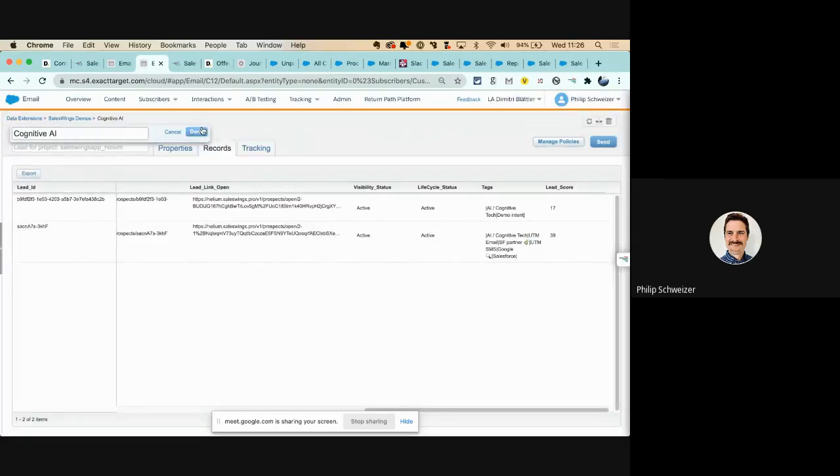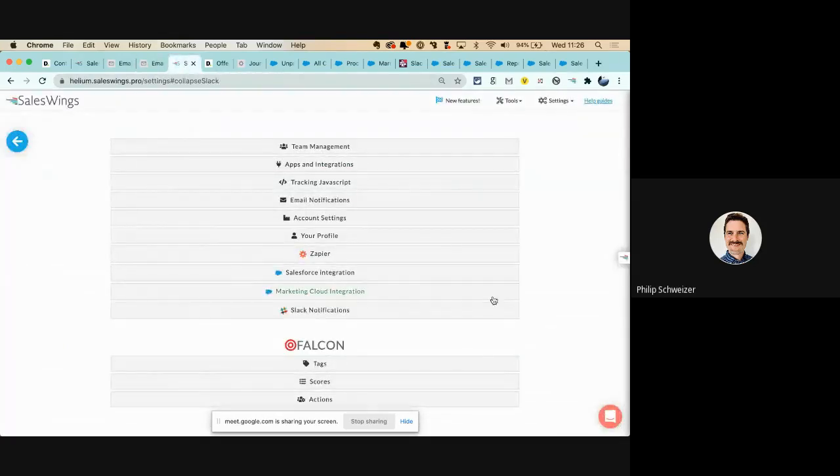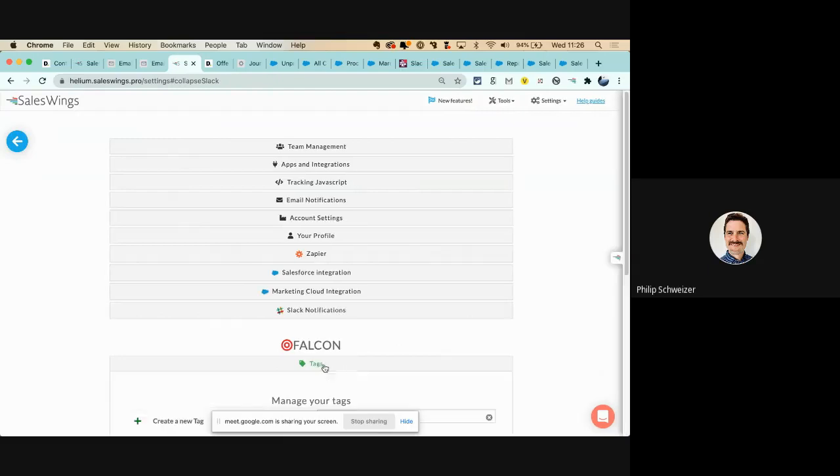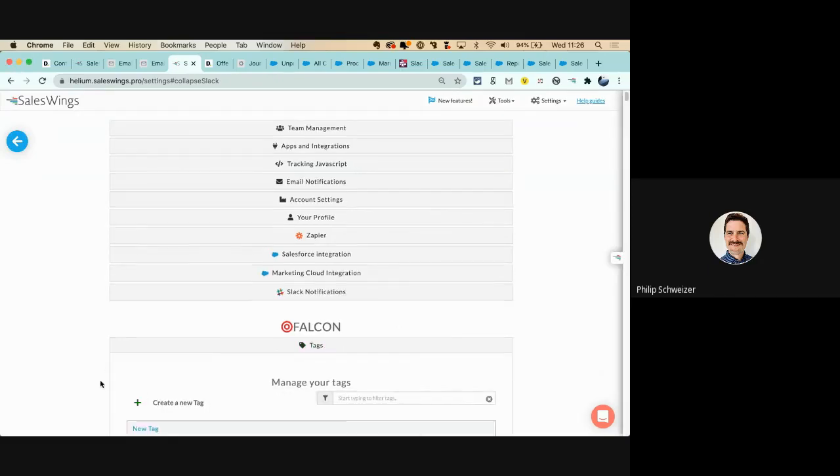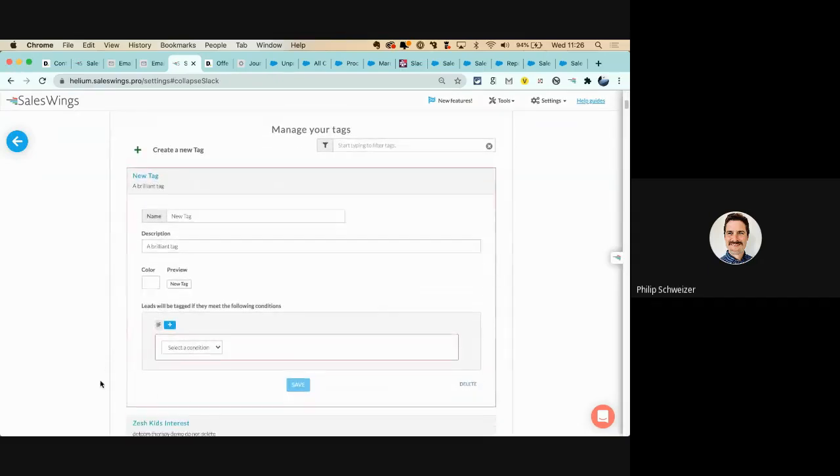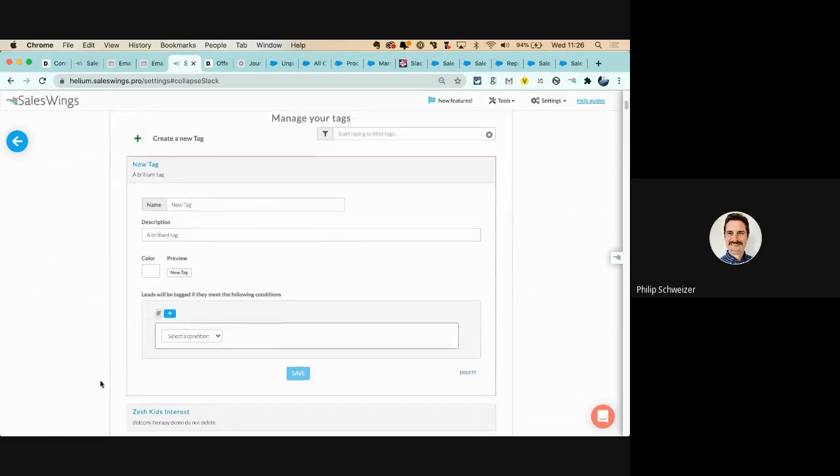So I did want to show you as well how easy it is to set up some of the configurations. So I'm going to the settings now. You have a central place where you input some of this information. So now I'm just simply going to create a new tag.